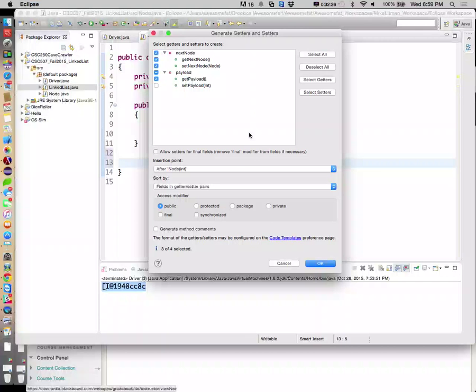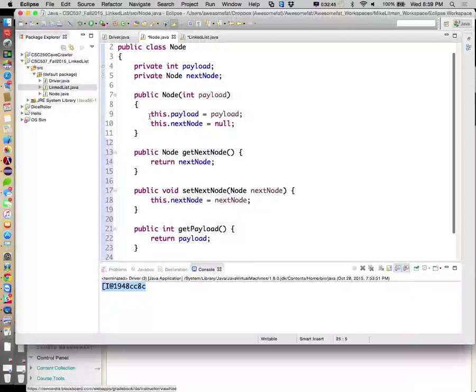I don't need to set the payload, that gets set when we first create the node. But I do want to be able to ask for the payload from a node: what is your value? And I do want to be able to get the next node as well as set the next node. So I'll use this little wizard to generate those getters and setters for me.